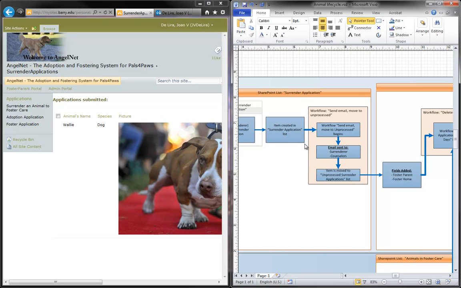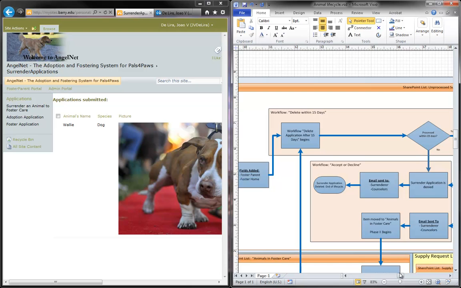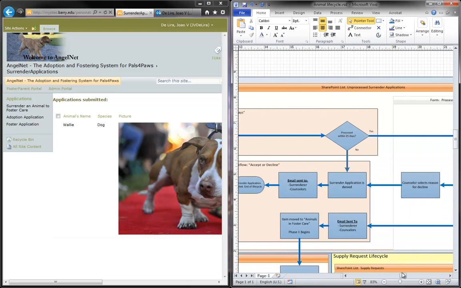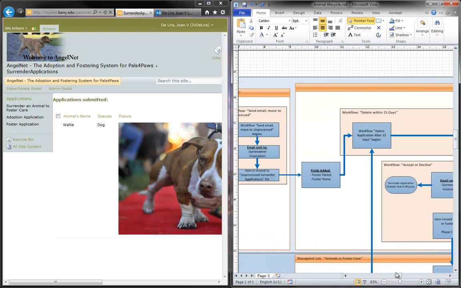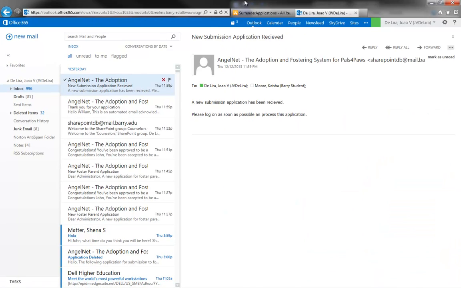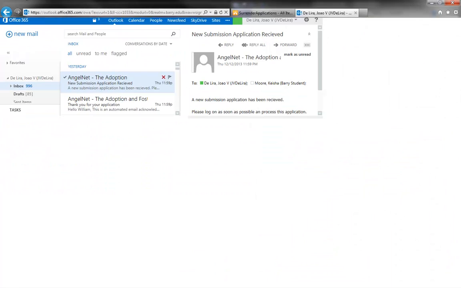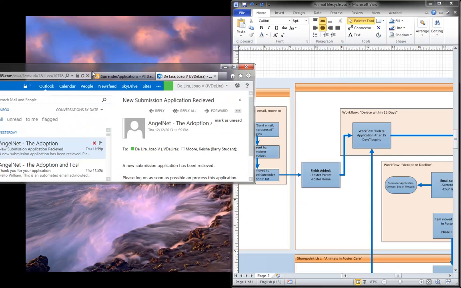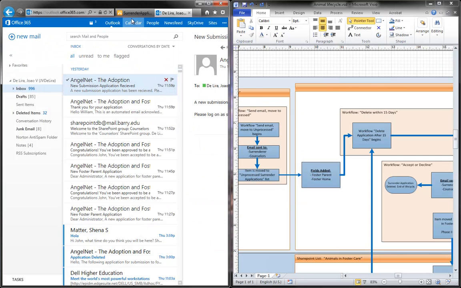And then the item was moved out of that list and into the list unprocessed surrender applications. And now, like you saw, the email to the counselors group saying that a new application has been submitted and to log in as soon as possible to process the application. We are now going to play the role of counselor. We're going to log into the system